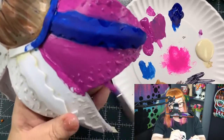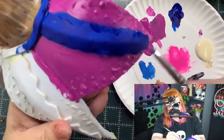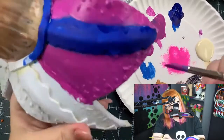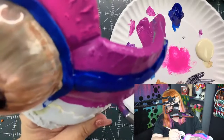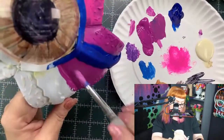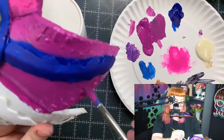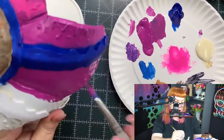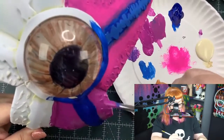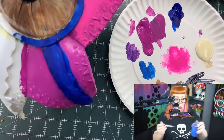And again, we're trying to make sure we get around all of our pustules. The pustules are going to be this darker purple color for a reason. We want that as a shading effect. And we want to make sure that there's coverage on all sides. Okay, so we have the body finished, our flesh. And again, we're going to make sure too that we brush out any of the brush strokes, because we don't want those to appear in our highlights. All right, so we're just going to give this a minute here to dry